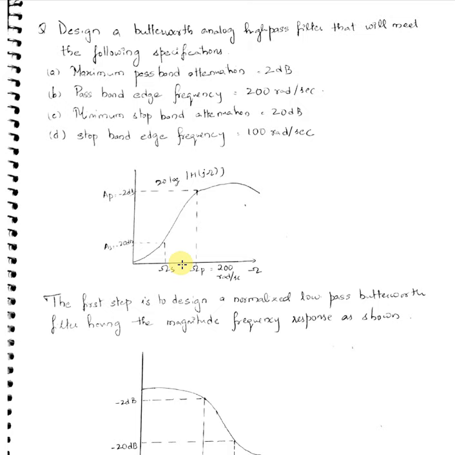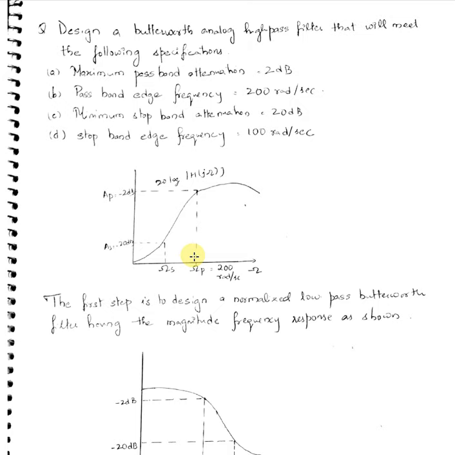So you have got this, you have drawn this with respect to the specifications given. Then the first thing we will do is first get our normalized low pass prototype. From there only we will derive the transfer function and then do the required changes. So omega p by default is 1. This does not change. Omega s we have to calculate. How will we calculate omega s? Omega s will be calculated by the backward design equation.